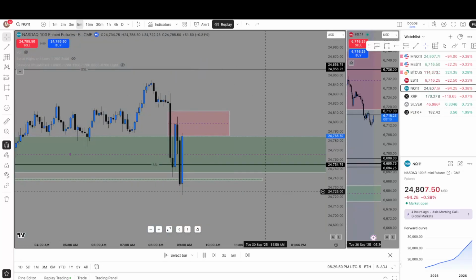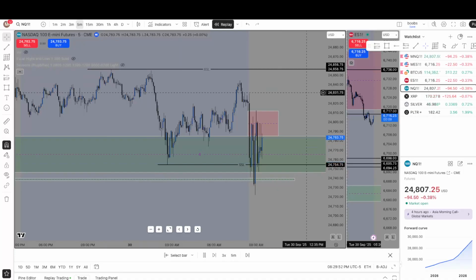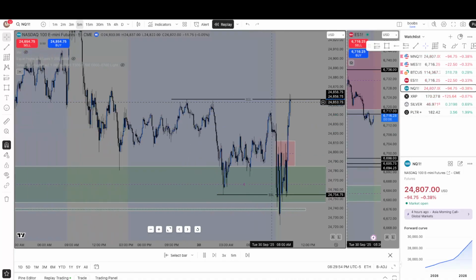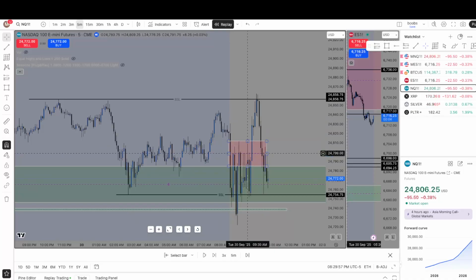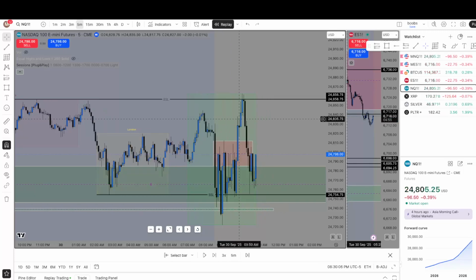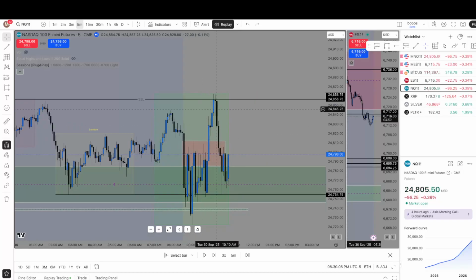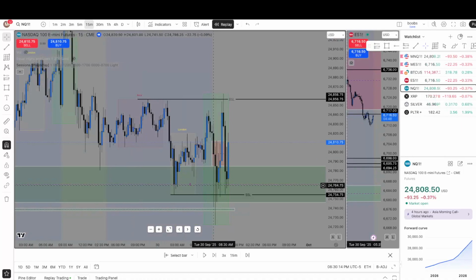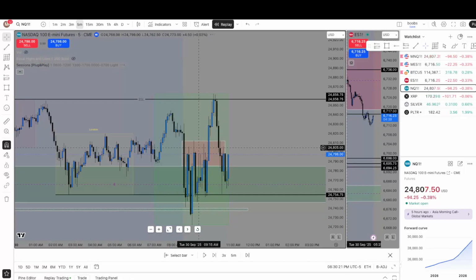And what do we see get hit? We can turn on, like I said, I have my draws from up here. My Asian session draws end up getting hit, which are these draws up here. So my drawn liquidity was correct. I had the right drawn liquidity. It's just my trade didn't play out because of this 5-minute imbalance getting respected. And we came down and wanted to fill in this 15-minute, which, as you can tell, happened. And we immediately showed rejection out of it, which then pushed us higher and all the way back up to the Asian session high.